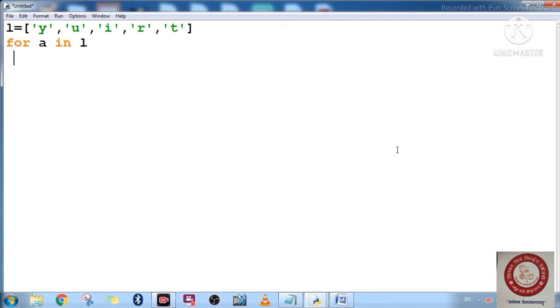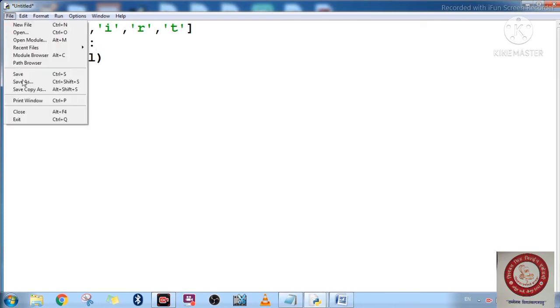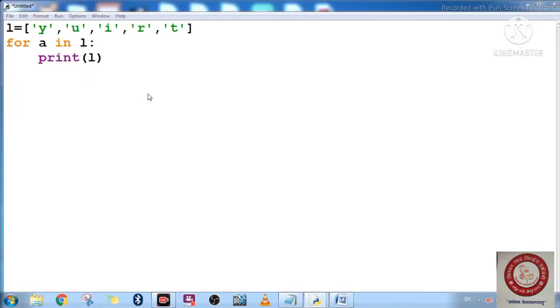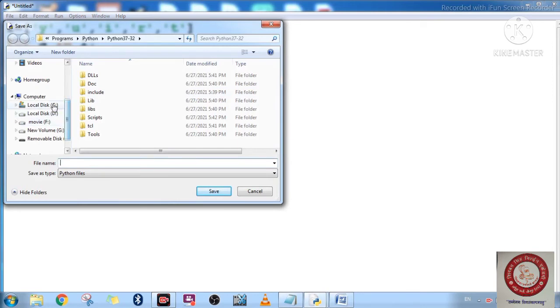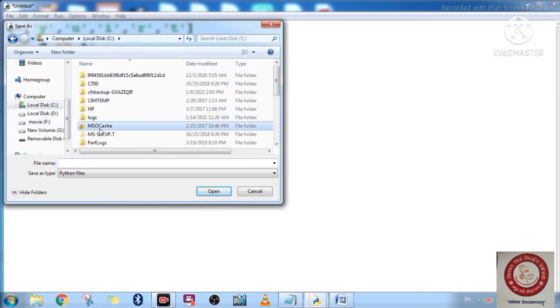Now after that do some indentation here. So you have to give 4 spaces, 1 2 3 4. Then I have written here print. That's it. And please don't forget to put the colon here, because the condition is terminated with the help of colon. Now save this. After saving, just browse to the desktop, because I'm saving each and every program on the desktop here. Okay.